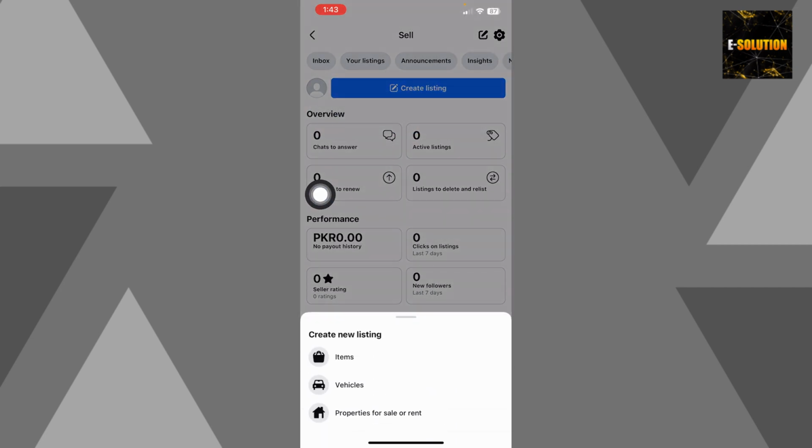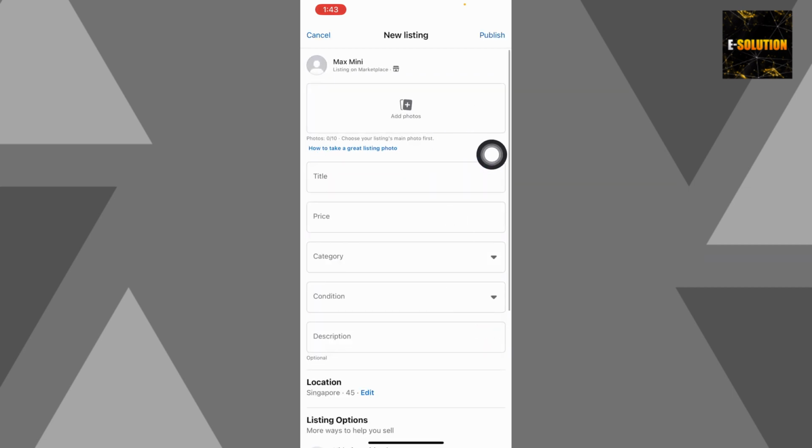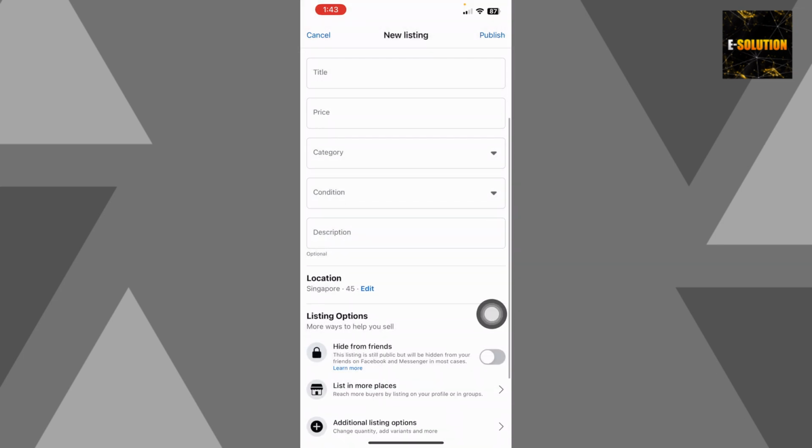And once you do so, you can choose items, vehicles, or properties for sale or rent. I'm going to go with items. And now, once you choose the required option, you can add photos over here, and then you can add the title, the price, the category. Just click this option and choose the category over here, and then the condition over here, and then add the